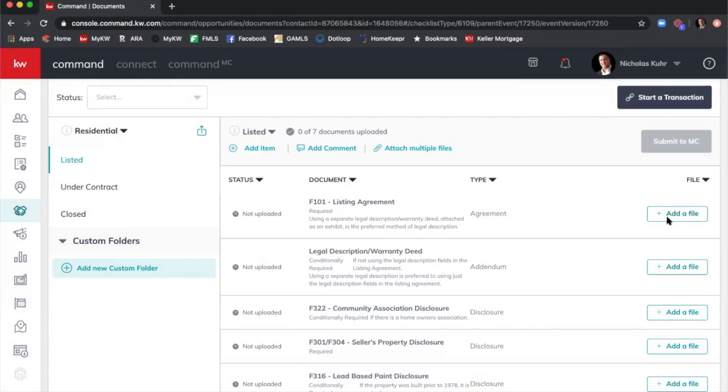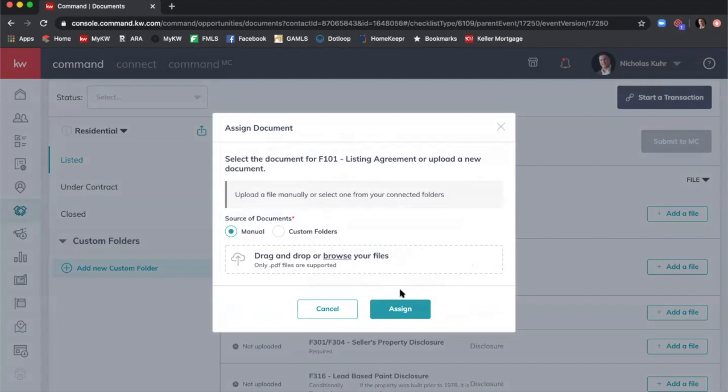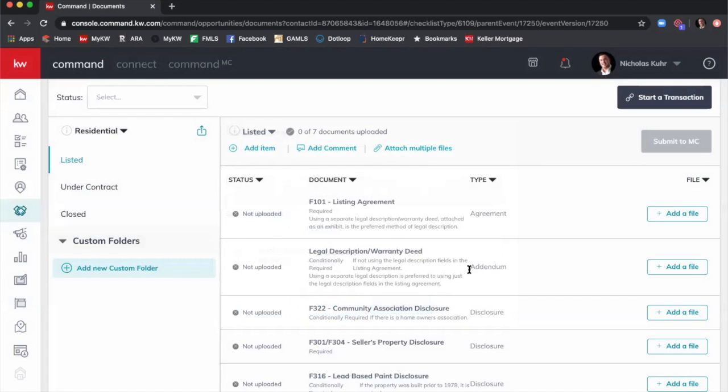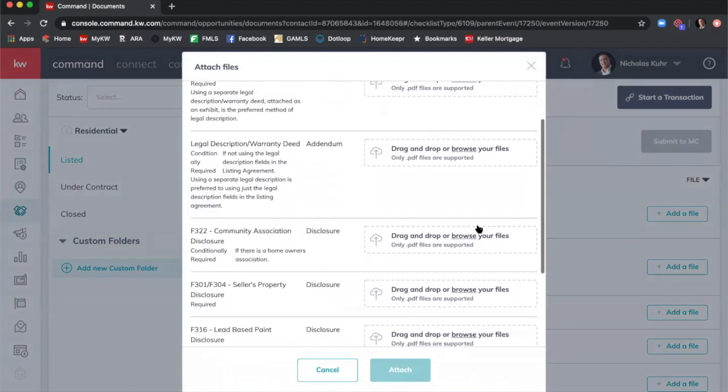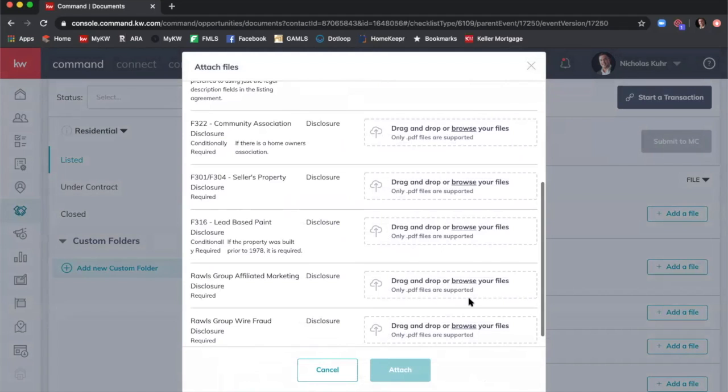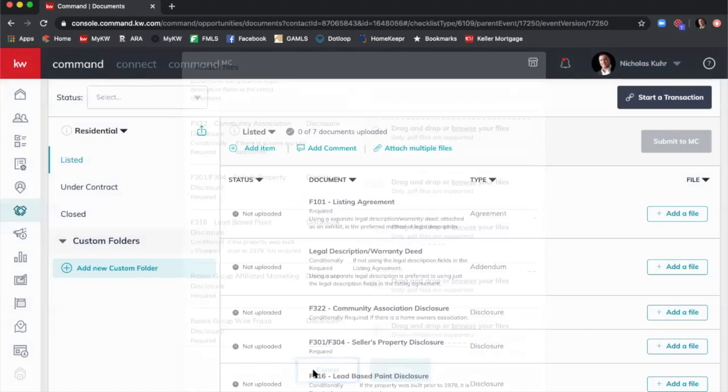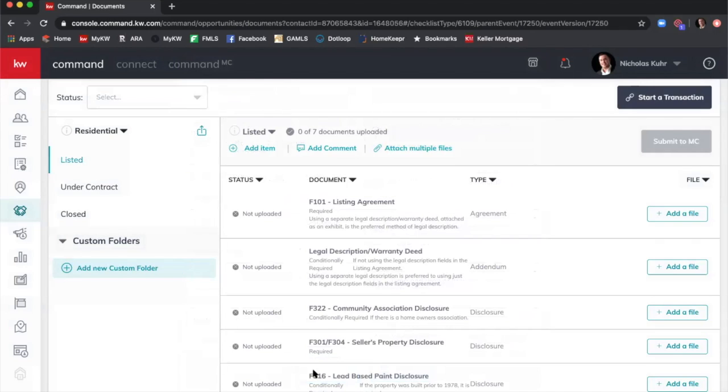So you can click Add a File here, add it, and then click Assign. And let's say you want to attach multiple files. You can click Attach Multiple Files here, and then you can drag and drop your listing agreement, drag and drop your limited or your legal description, your CAD, your SPD, all that. And then once you've added them all, just click Attach, and it'll upload those documents all to those fields as